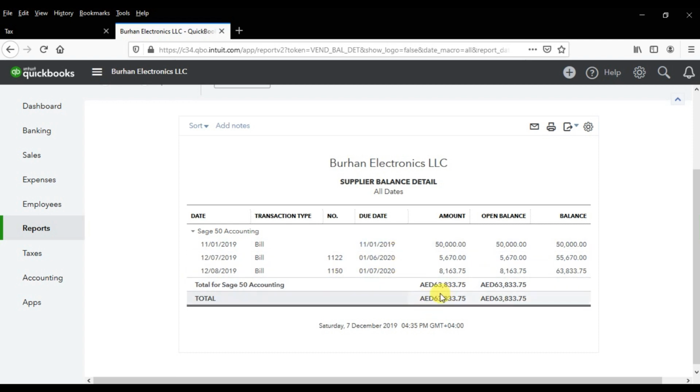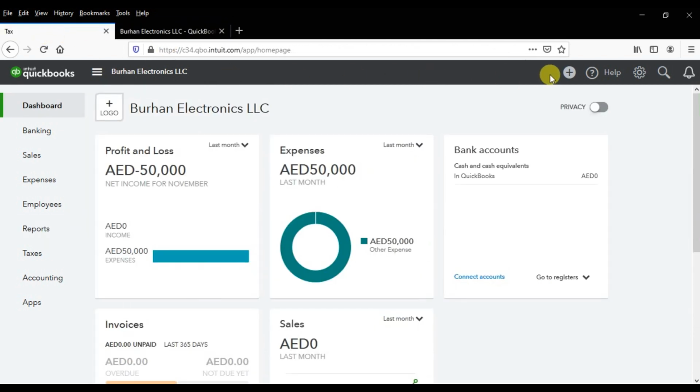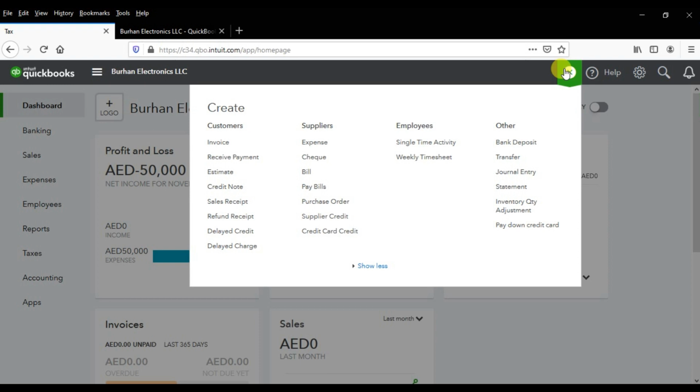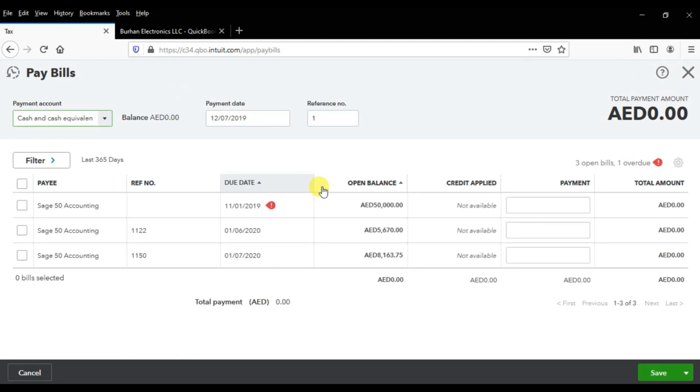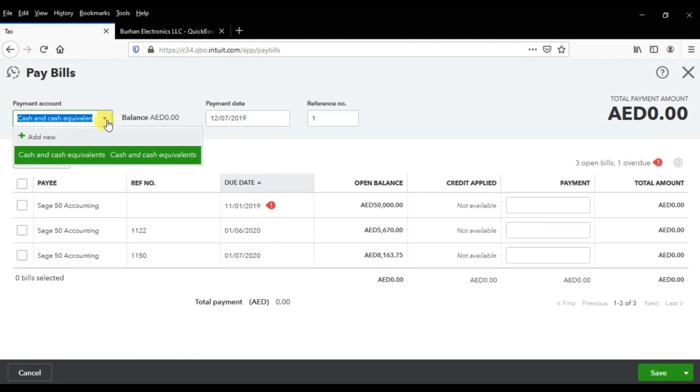Again, 63 is this one. So we are paying right now 50. So we click on this plus, right? And we need to pay bills now. So click here. So you are paying through cash or bank or what, right? So right now we don't have our bank account here. So I'm gonna set up a new bank account. So add new,